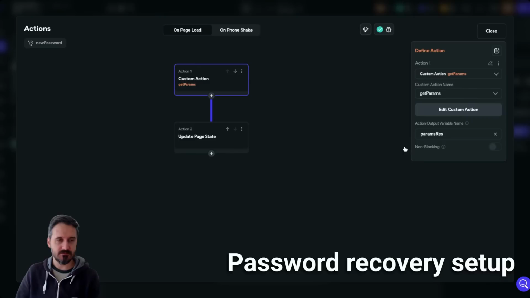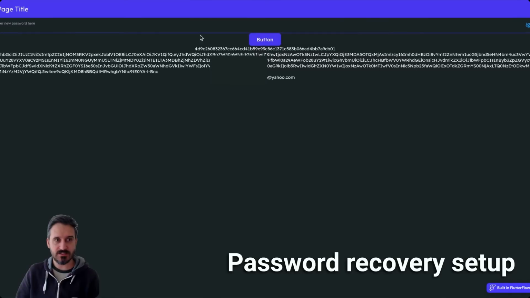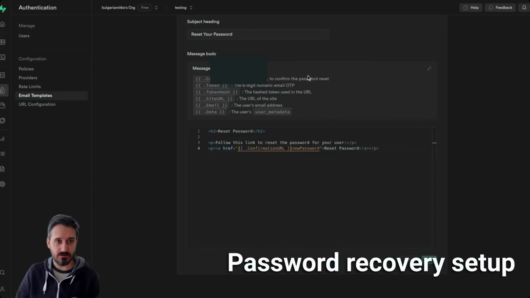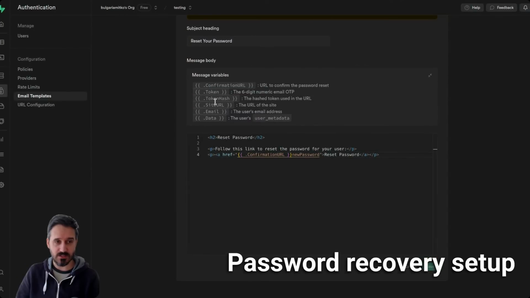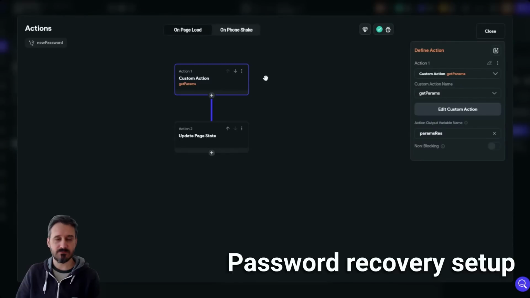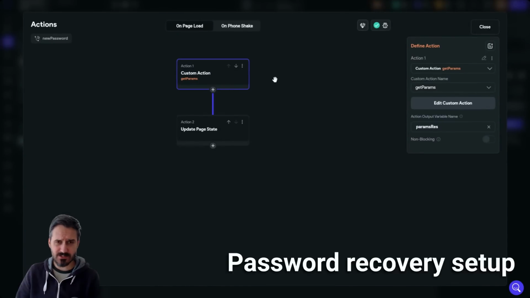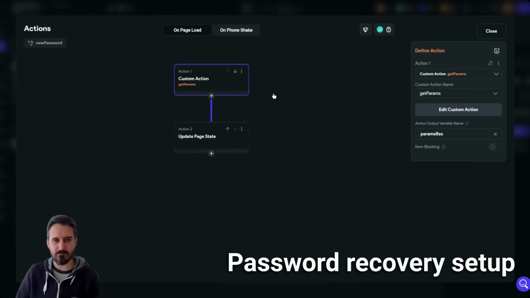So that's why when I visit this page and go over here, this is the token, my JWT token, and this is my email. We're talking about this token over here, which is coming from the email token hash token that I just deleted. And in order to get this token, or any parameter from your page using web,